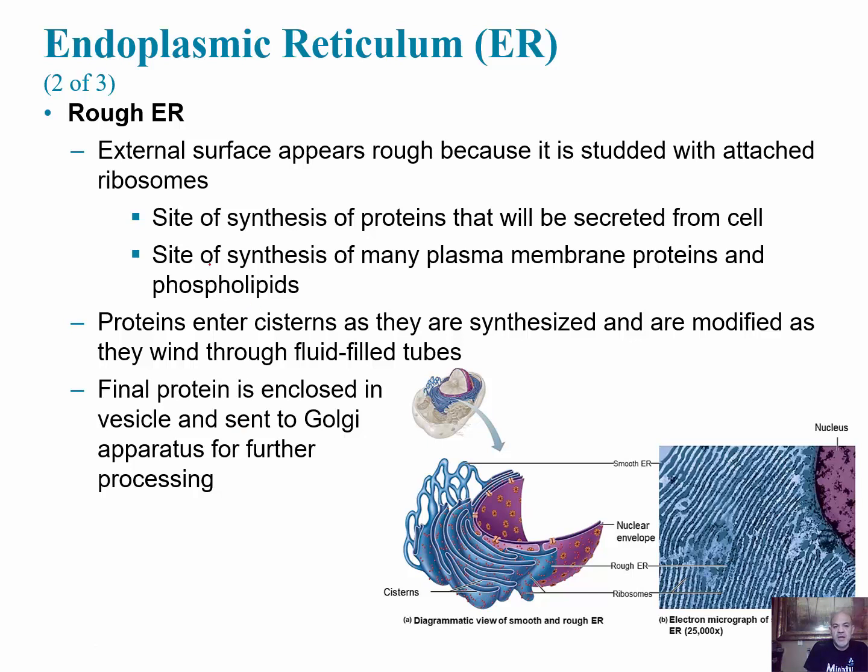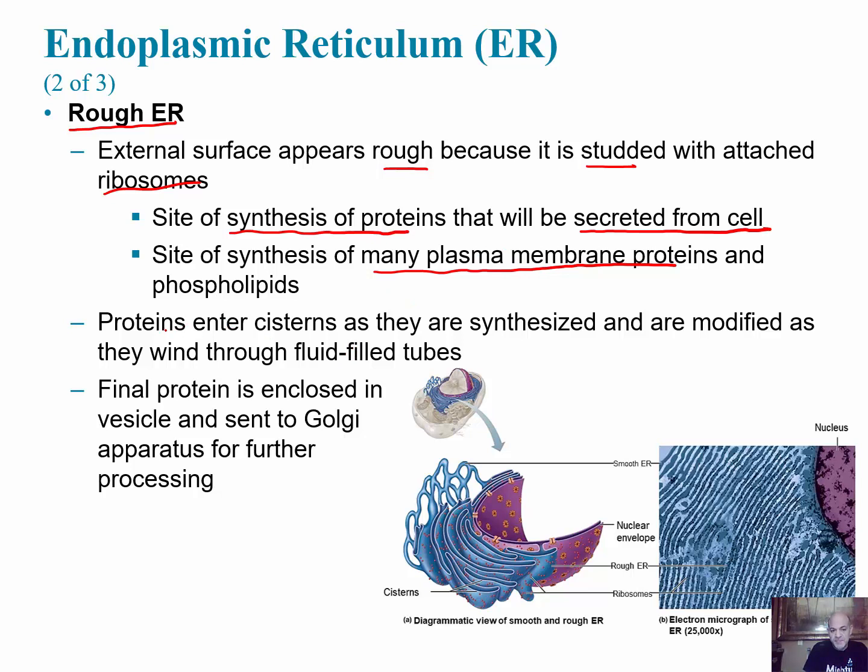So looking at the rough ER, what makes it appear rough gives us an idea of what's going to go on in there. It's rough because it's going to be studded with ribosomes that are attached. So if we have ribosomes, then we know that the job of the rough ER is to synthesize proteins. And for the most part, these proteins are going to be kept separate from the rest of the cytoplasm. So one possibility is that those proteins could be exported or secreted from the cell. In other cases, we may be synthesizing proteins that might become part of the plasma membrane. We know that the plasma membrane has proteins. They have to be made somewhere, so they're made in the rough ER and then placed in the plasma membrane